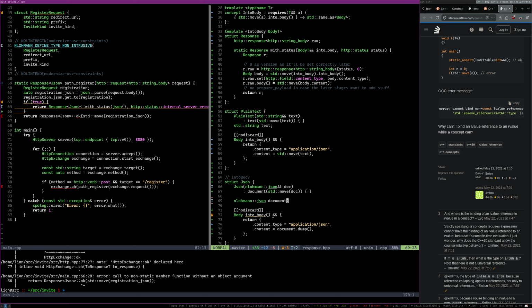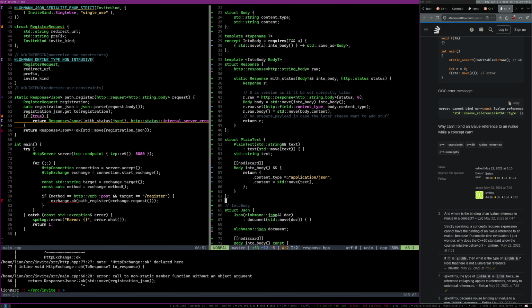And in this case, this can simply be const. I don't care. This isn't making a difference at all. The point is that I can make it into an R-value reference, make use of this optimization that moves text out into this function and then out of it so that it never gets copied, right? That's the optimization we're trying to make here. And so that's why we want to be able to put an R-value reference here, which means it can only be called on a temporary. So for example, into body,